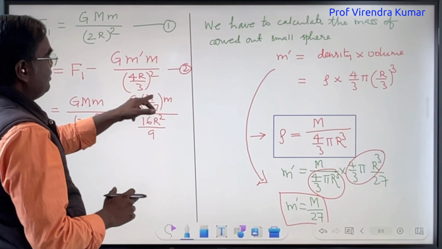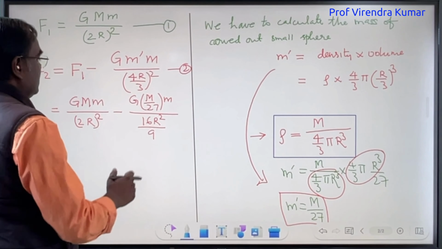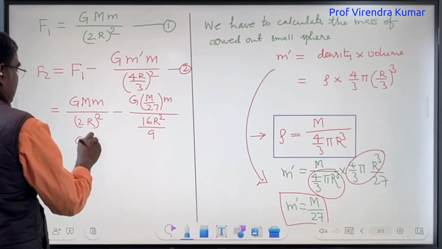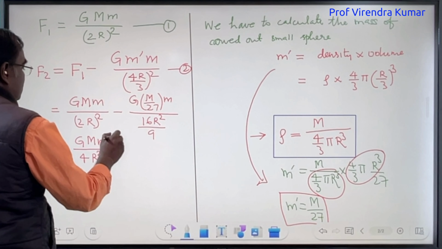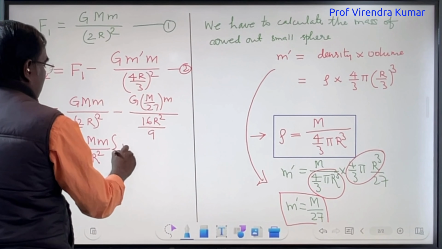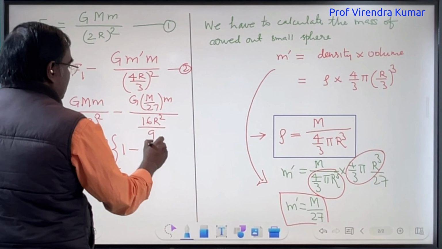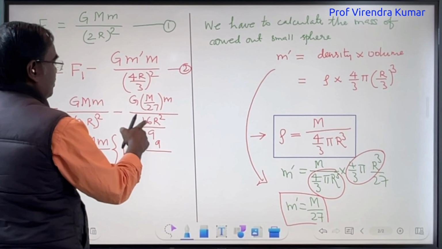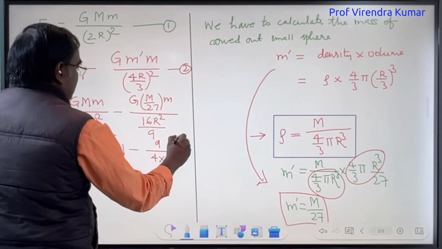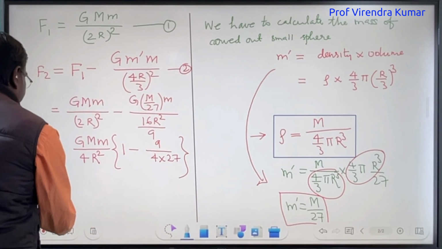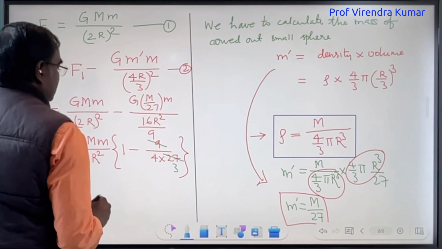Now look, what is common in this, we take it out: G capital M small m, G capital M small m outside. And see, this also has 4r square, this has 16r square, so what will be common, G capital M small m upon 4r square common. So what is left with us, this is all out, now this out, we get 9 upon 4 is common out, so 9 upon 4 into 27. Now we cancel out 9, 3 are 27, so we get